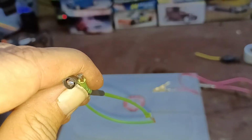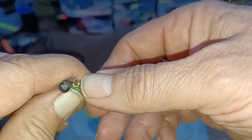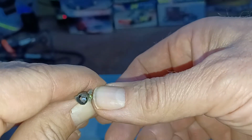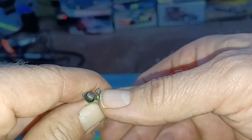After I made this video, I realized that I should have shown the amount of penetration that the solder had into the copper, which is 100%, as you can see there. So I just want to show that. Also,